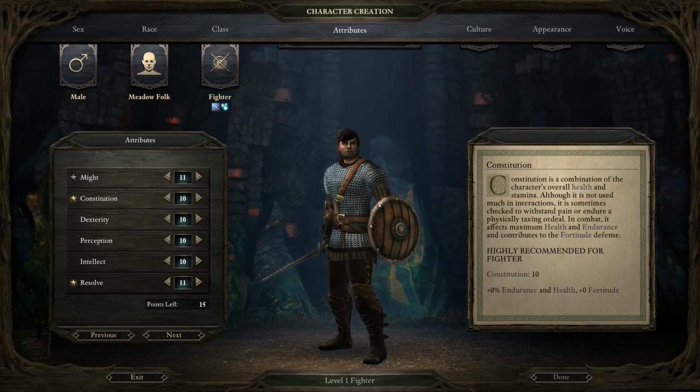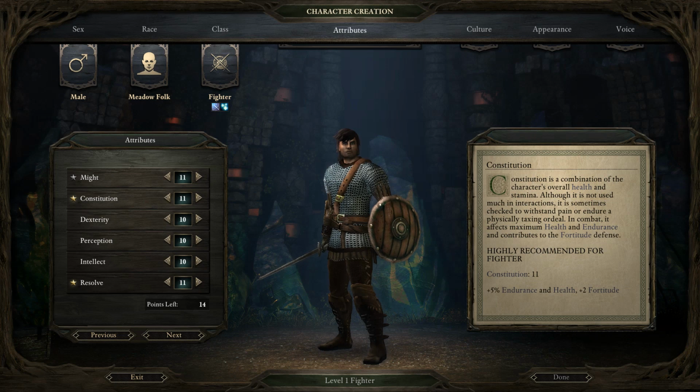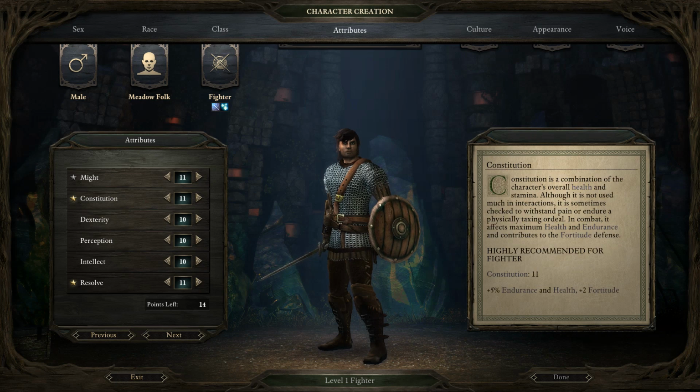Now, stats are... what? Is it a point-for-point system here? Looks like it is. Alright, cool. Oh, you can take it down, too. Ooh, let's not do that. Alright, Constitution, that's hit points, might... oh, I guess never mind. Plus 1 might for humans, recommended for fighter. Constitution, recommended for fighter. And resolve. Concentration, plus 2 will. What about perception? Plus percentage, interrupt, accuracy, and reflex. Action, speed, and reflex. Alright, I think what we're going to do is we're going to go 15, 15...